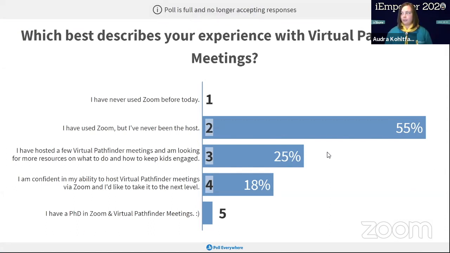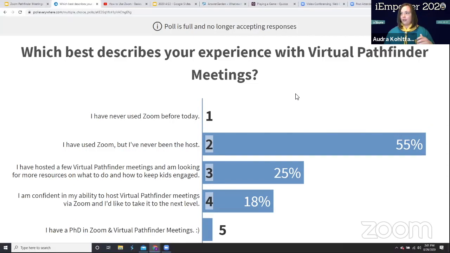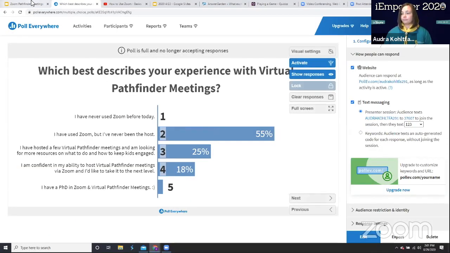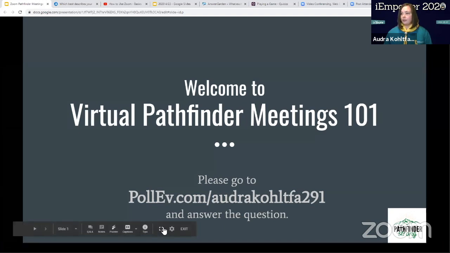So it looks like we have quite a few people with us who have used Zoom, but you've never been the host. And then another good chunk of people that have hosted a few virtual Pathfinder meetings, but are looking for some more resources. So I am glad to see here today that I don't have super rookies. It looks like most of you are at least familiar with Zoom and how it works. So that's good information for me to know how to tweak today's class. So once again, that's a free internet service called Poll Everywhere, and you can use that in your own virtual